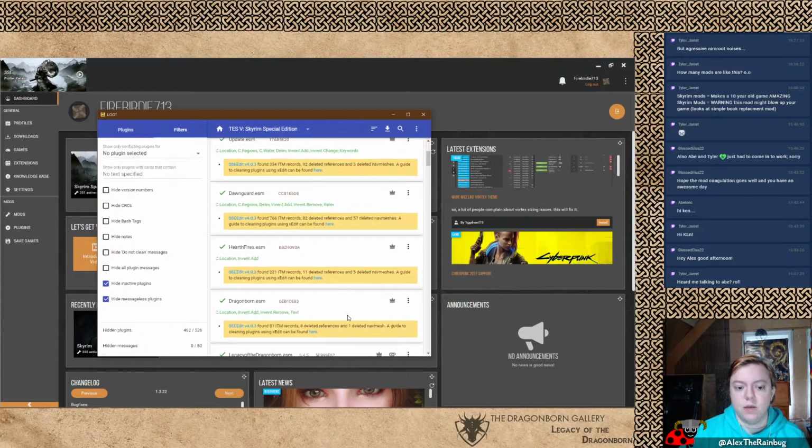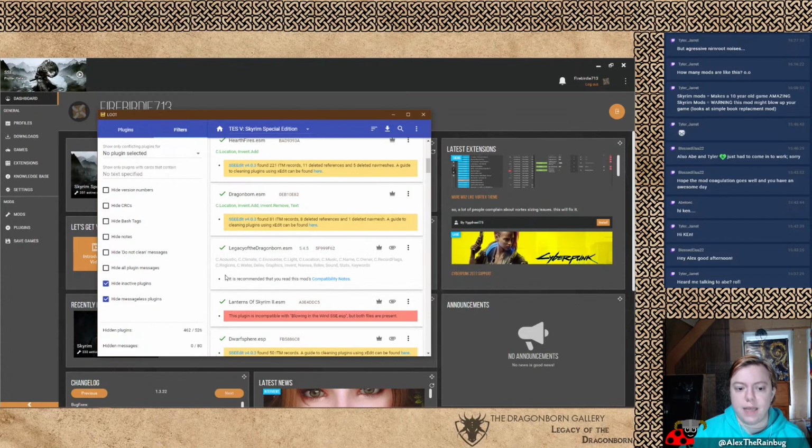Messages will just be, for example, this: it is recommended that you read this mod's compatibility notes. That message is never going to go away. You want to make sure that it is there. Errors are these ones that are in